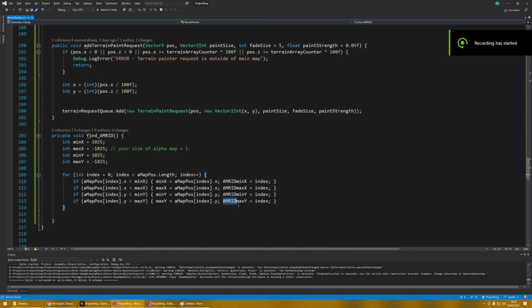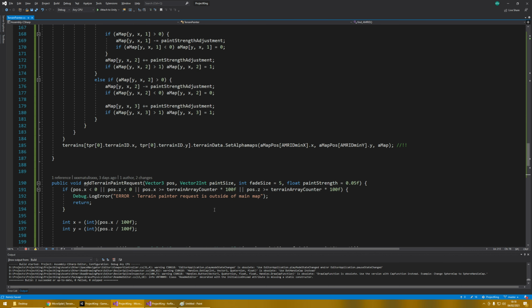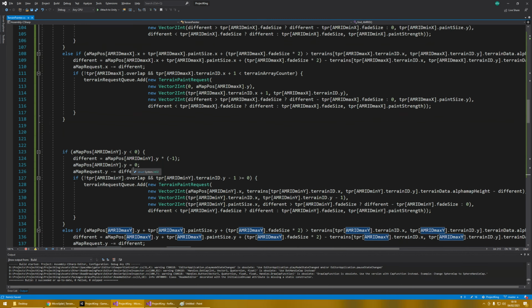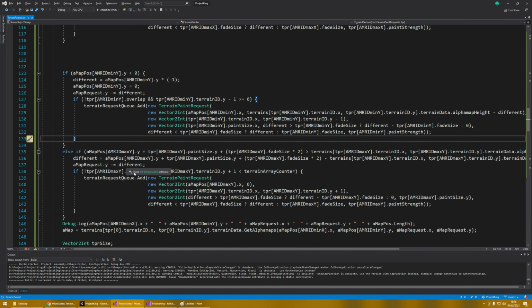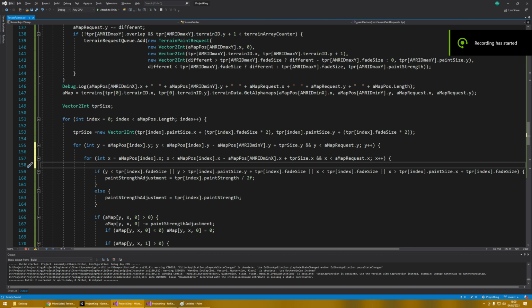One is in the function find AMRIDs. By accident, I left min y here. It must be changed to max y. Additionally, where we have overlap calculations, especially for the y-axis, this line was different, so change it to minus equals. And another change we need to make is that y is not equal to the map index.y, but we need to